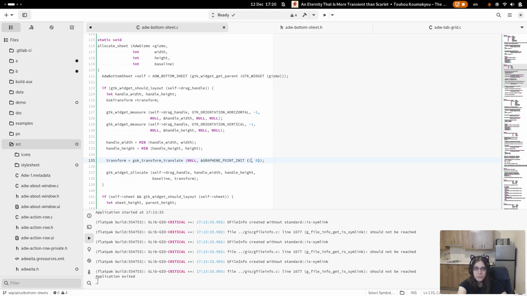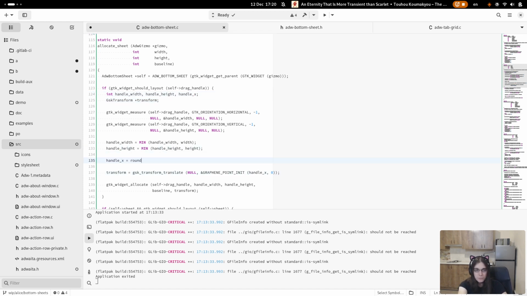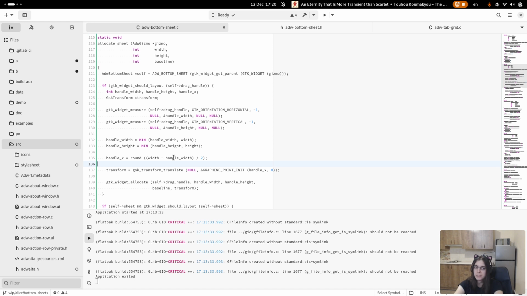But here we'll need, yeah, handle x. Basically, we'll need width minus handle width divided by 2, and that's it. I won't even deal with RTL here because it's centered anyway.